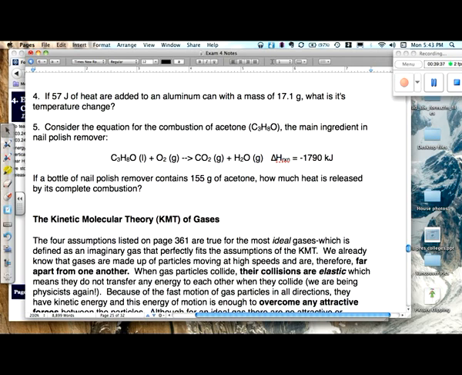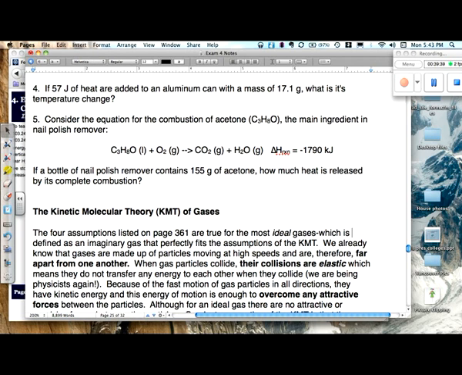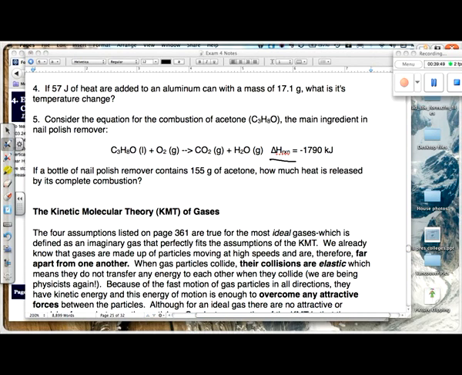Number 5. I see a chemical reaction, so I'm probably not going to use Q. I see a thermochemical equation, because I see some heat given off to the side here. And I see by its sign that this is an exothermic reaction because it's negative. So this is one of those where you've got a thermochemical equation, and so it is for this equation as